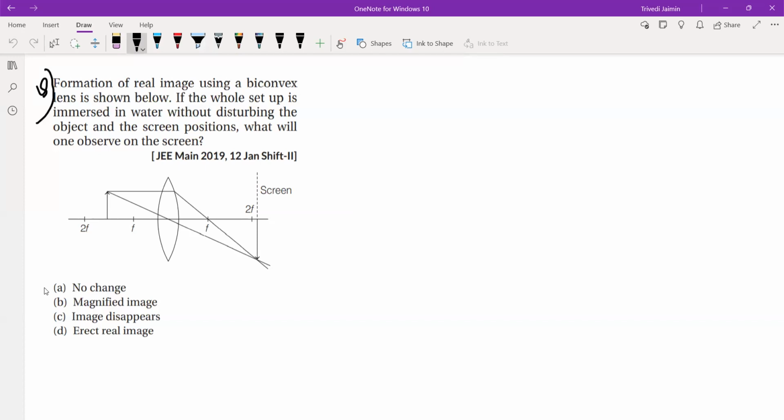No change, magnified image, image disappears. Okay, erect image, that is real. There is a screen here. So for finding this, F for liquid, F inside the liquid, by F in air, focus in air,